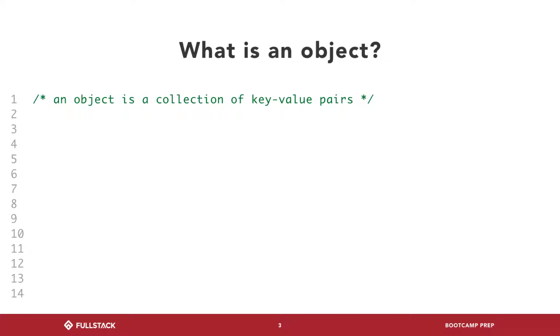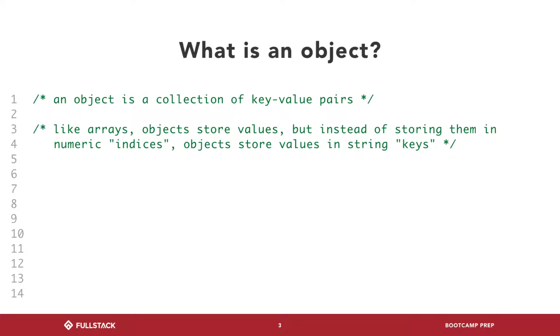So what is an object? The definition that you'll hear a lot is that it's a store of key value pairs, or in this case, a collection of key value pairs. In Python, an object is called a dictionary, and I actually think that's a very good analogy for what an object conceptually is. Up until now,